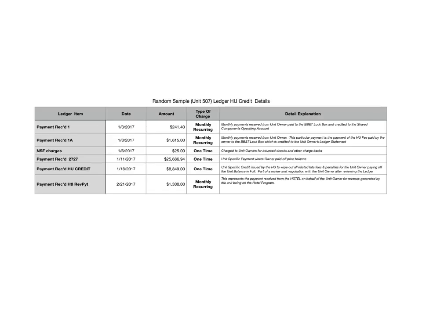That's what that $241.40 looks like, because down next entry here it says payment received 1A, the same date, and that's $1,615, and that is the monthly recurring HU fee. So he's paying it. The payments go to the lockbox at the BB&T bank, and then get recorded from there